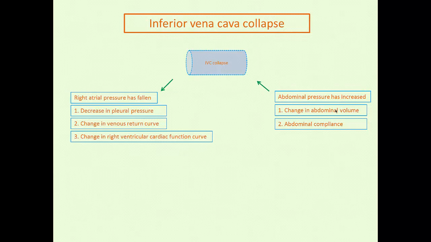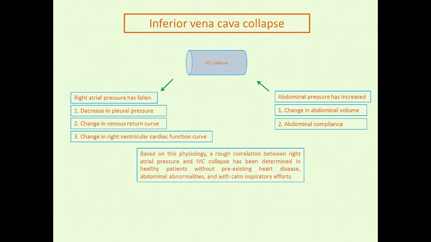And so there is the change in abdominal volume and also the change in abdominal compliance. I had a patient who had massive ascites in the ICU, and he had terrible aortic stenosis, and the team was doing serial IVC assessments to see if the patient needed fluid or not, and I was just going to lose it. The guy kept having IVC collapse because he had massive ascites, and every time he would inspire